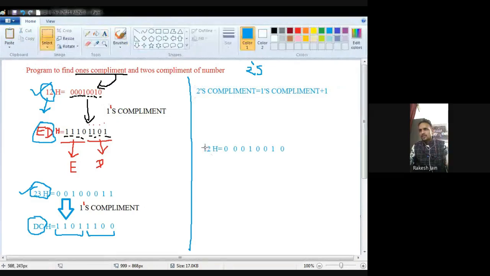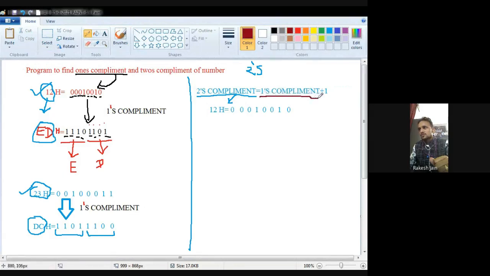So now see, first data is 12H. Let's suppose my number is 12H and I want to perform a 2's complement of this number. So first of all, I should find out the 1's complement of this 12H, and I have already done that. The 1's complement of this